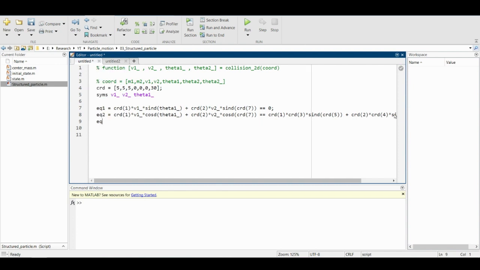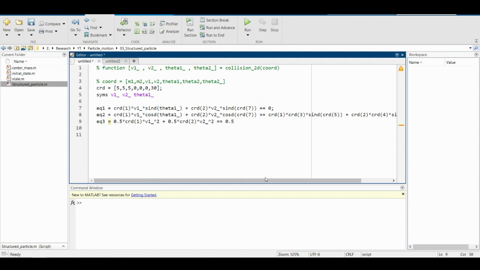Okay, this is equation 2. Equation 3 is given as, where is it there? So it's like 0.5 into CRE M1 and v1 dash v1 dash whole square, okay, plus 0.5, let's hold this for example, CRD 2 m2 into v2 dash whole square, not this dash, okay, is equivalent to